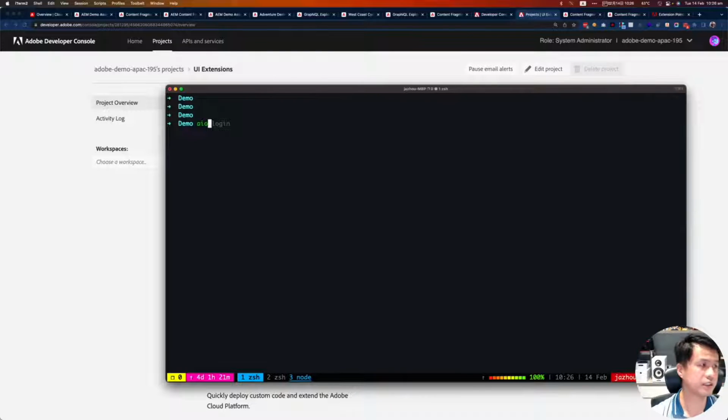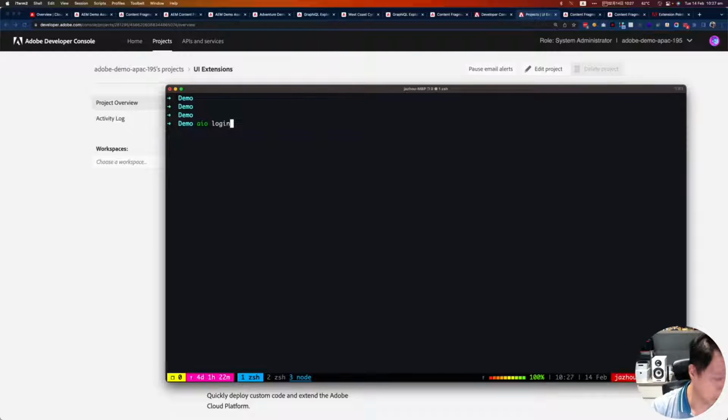We're going to use a tool called the AIO command line plugin. For those of you who are already using Cloud Manager or Cloud Services, you may be familiar with this one. But for everyone's context, AIO is an application developed by Adobe engineers that allows you to programmatically communicate with Adobe products, not just AEM, but also Cloud Manager, Target, or Analytics.